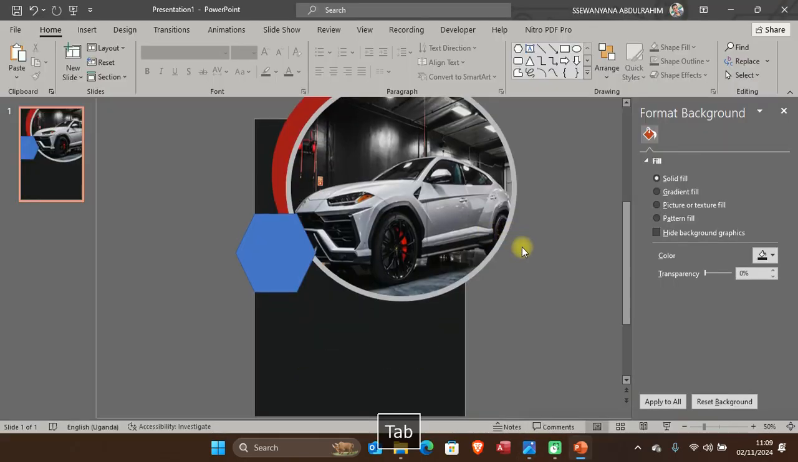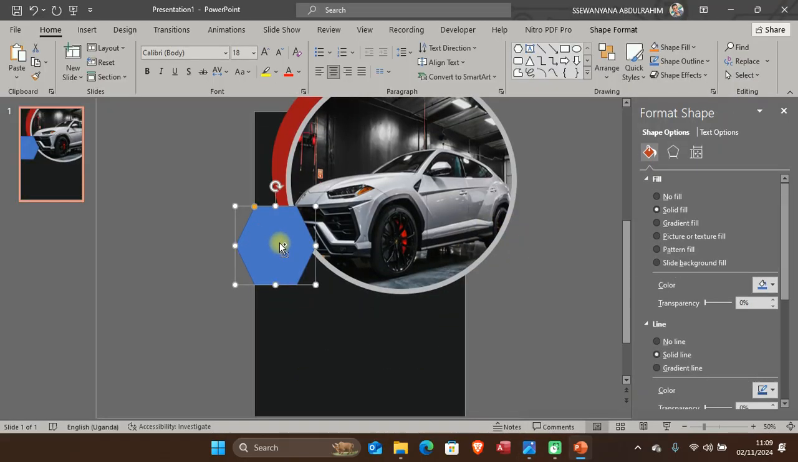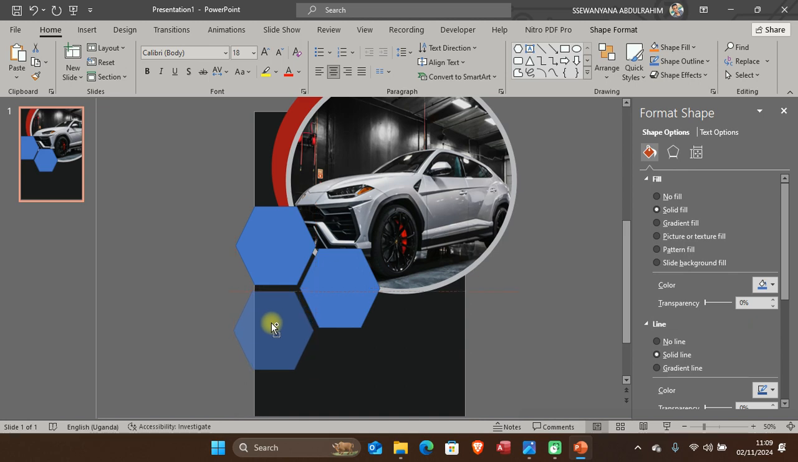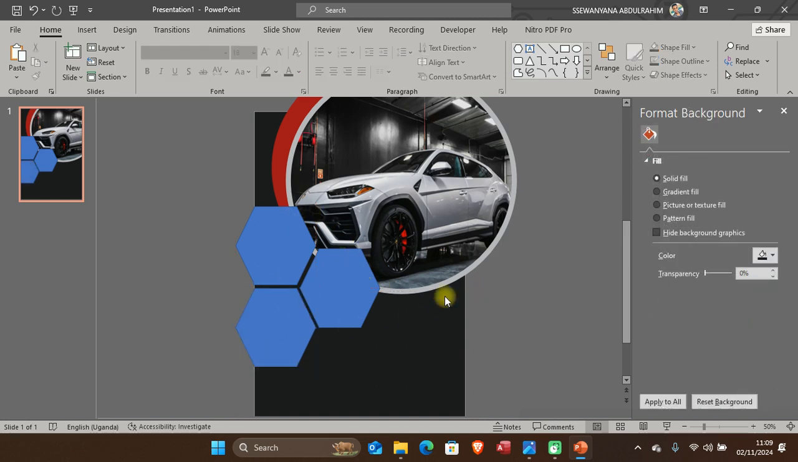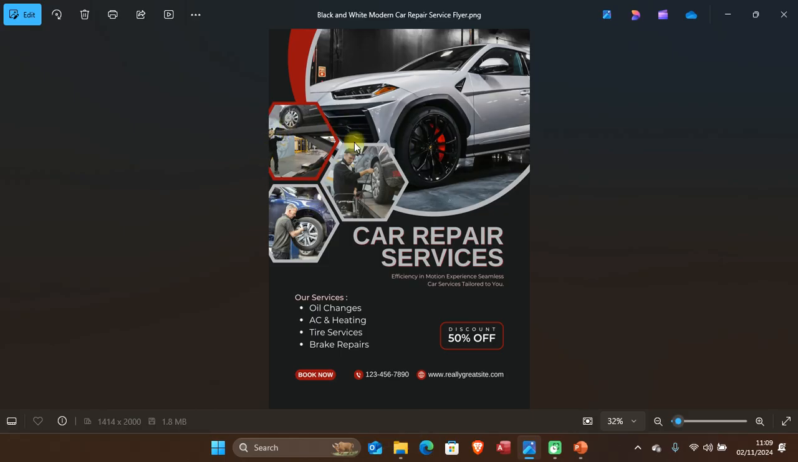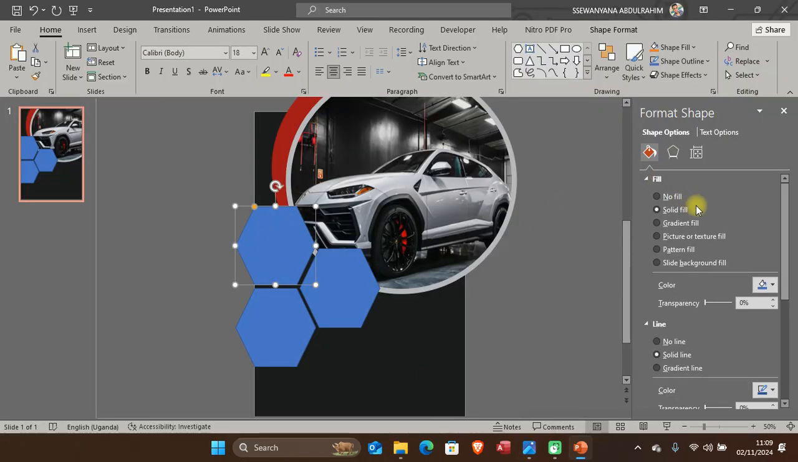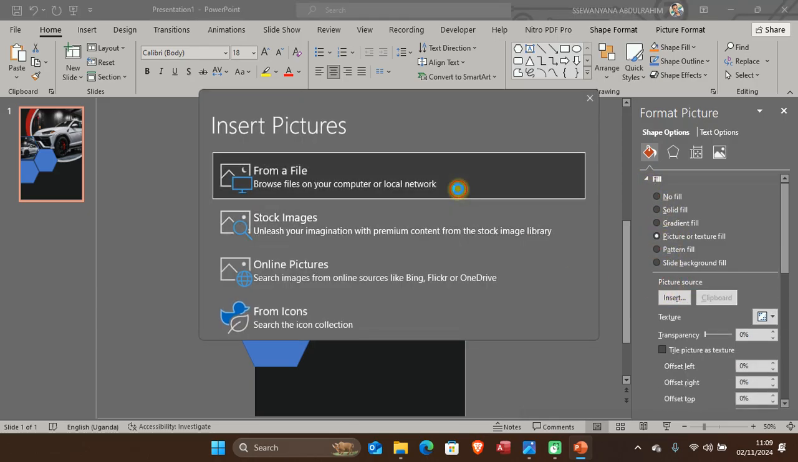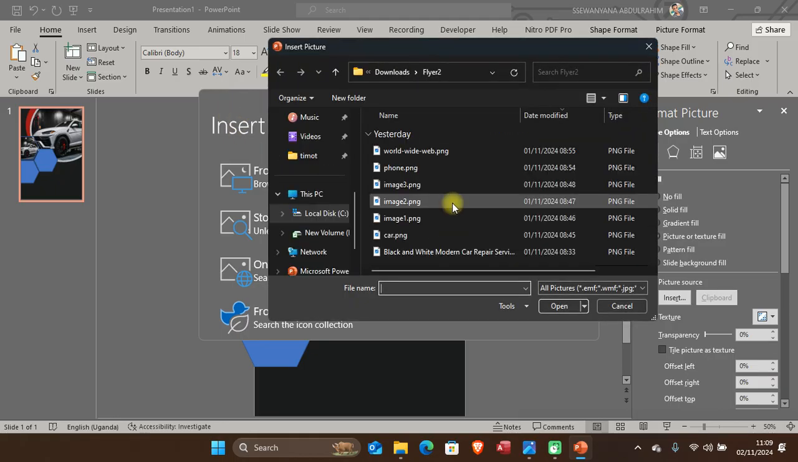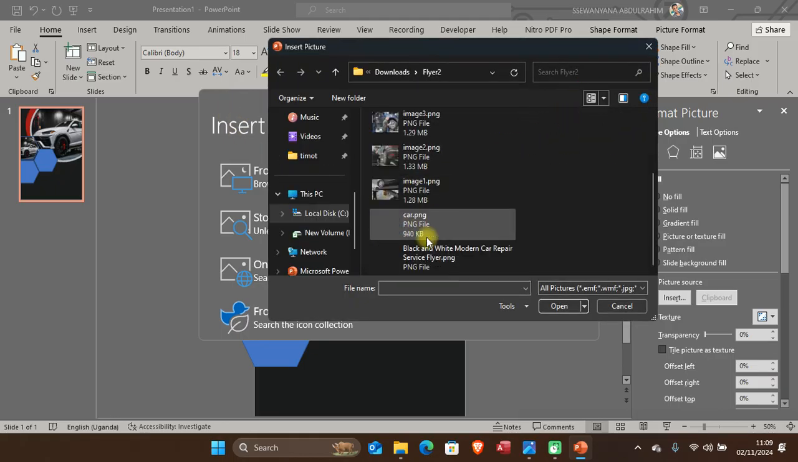Okay, then I'll duplicate it, click it, long press Control on the keyboard, and move this somewhere like there, and move this somewhere like there, but I have that design. Then I'm going to change the picture, the shape fill, and also the line to look like this. I'll click this one, go under the shape fill, picture, insert, from a file, then I'll go to image 1. I'll choose image 1,